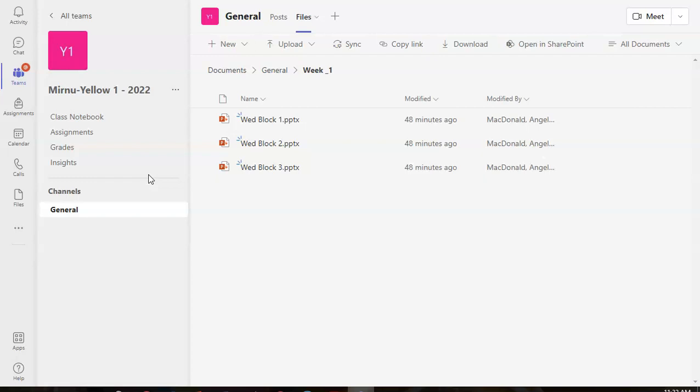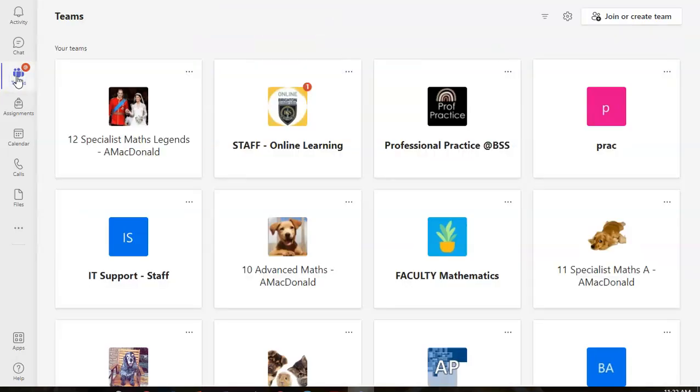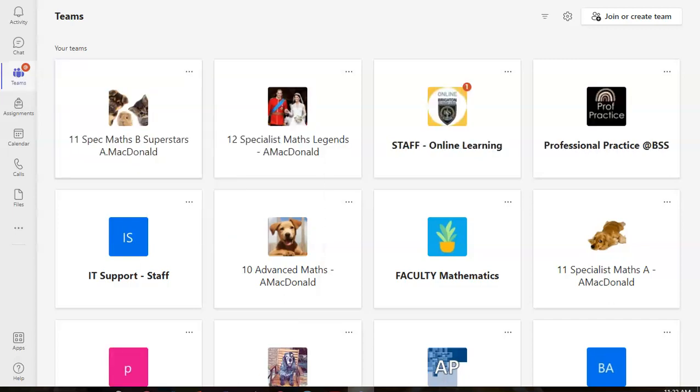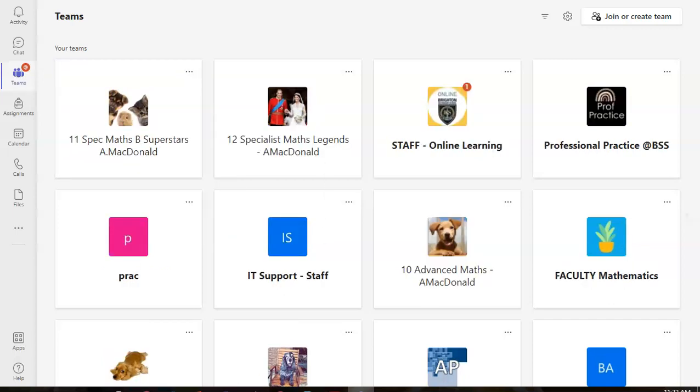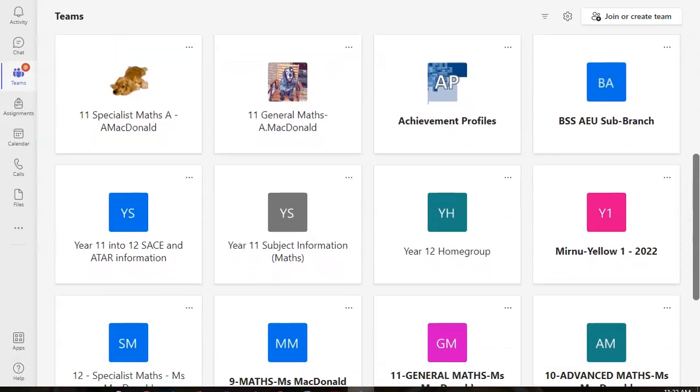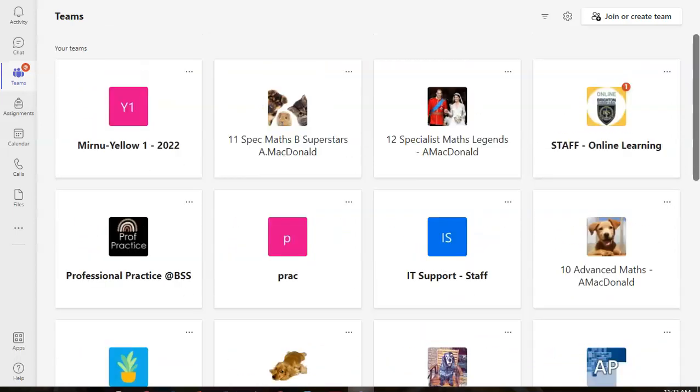But on Teams, that's my home group, so let's go back to Teams, and look, we're doing so many different ways of storing things. I'm losing the plot a little bit, so if there's something that you want and I haven't put it there, can you please let me know? Because odds are that I probably would have forgotten.